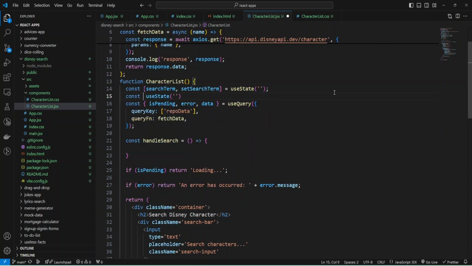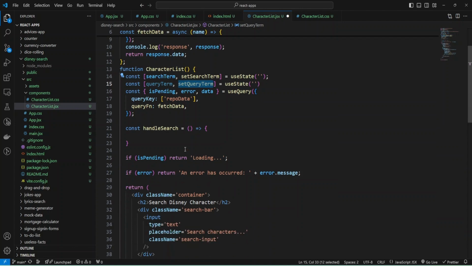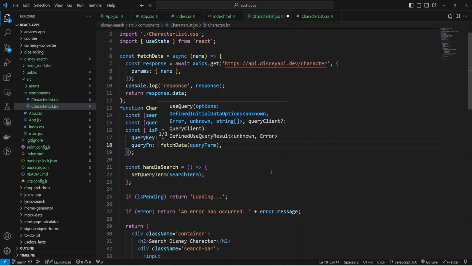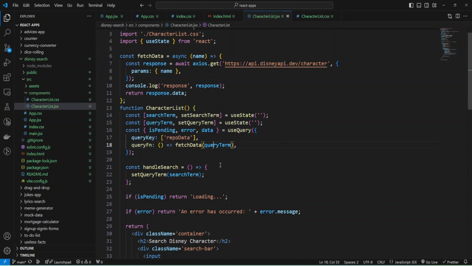And I'm going to use query term, and the function will be set query term. And I will use this value to make requests to the server. And inside handle search, I'm going to set query term to our search term value from the state. And this query term I'm going to provide inside my fetch data, but we need the function to call this fetch data with our term.